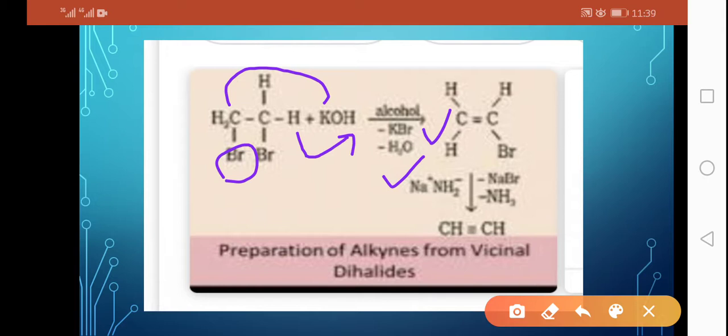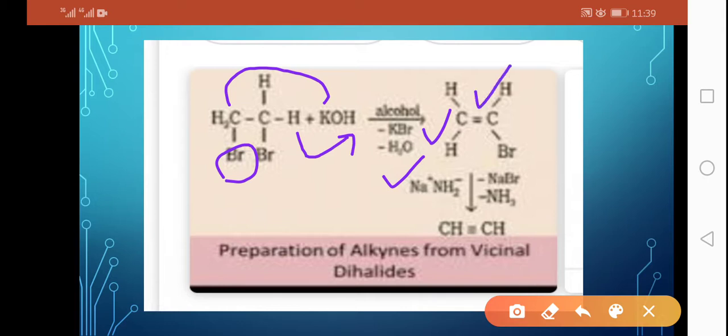We can see the negative sign indicates that after the reaction between potassium hydroxide and vicinal dihalide, which is dibromoethane, the elimination of KBr and a water molecule, elimination meaning removal, will take place from the adjacent carbon atom, and it will lead to the formation of